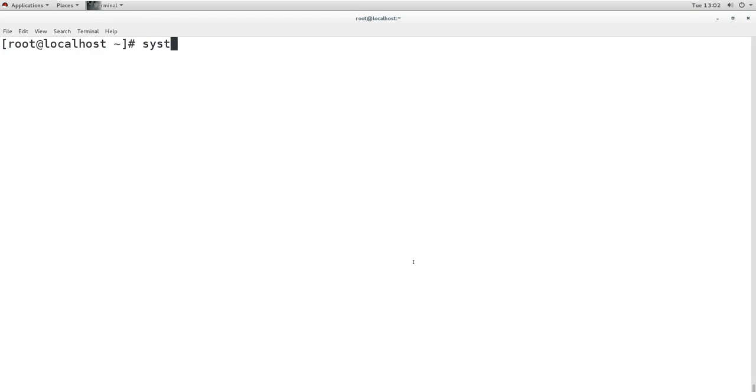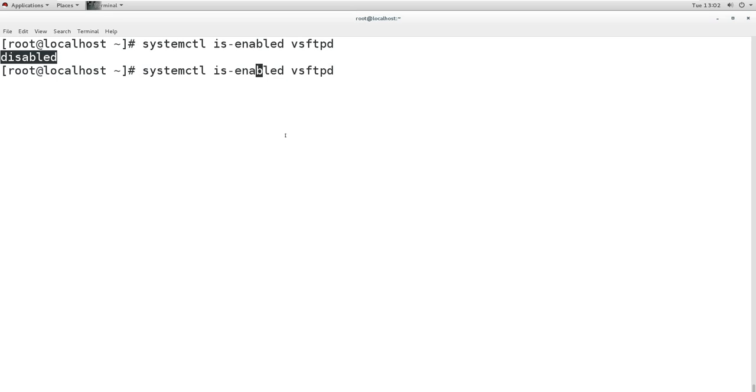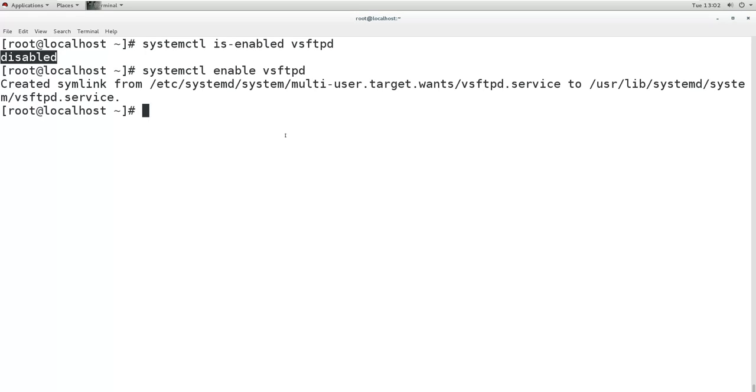For that we will use the systemctl enable command. We can check the default status by the command is-enabled, and it is saying that this is disabled. So if we want to enable it, then we'll use this command, systemctl enable VSFTPD, and now this is enabled.